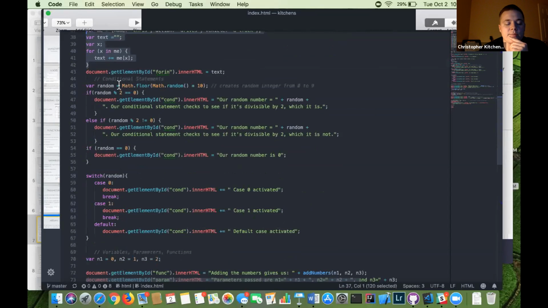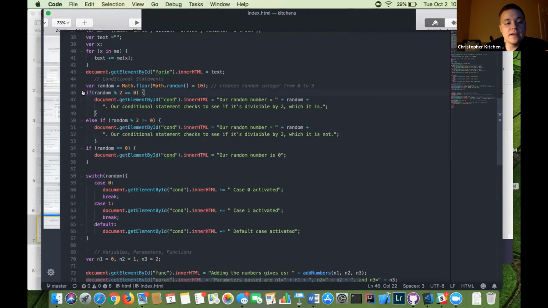This creates a random number between 0 and 9 using the random function. These were all just looked up on W3Schools. I'll be honest, I don't know what floor does. I just know it's necessary to use with the random with the 10 multiplier, because if you just do Math.random, it comes up with a decimal, a number between 0 and 1 rather. It doesn't come up with a full integer.